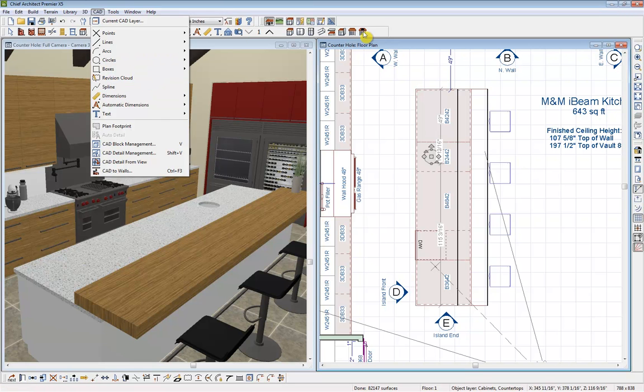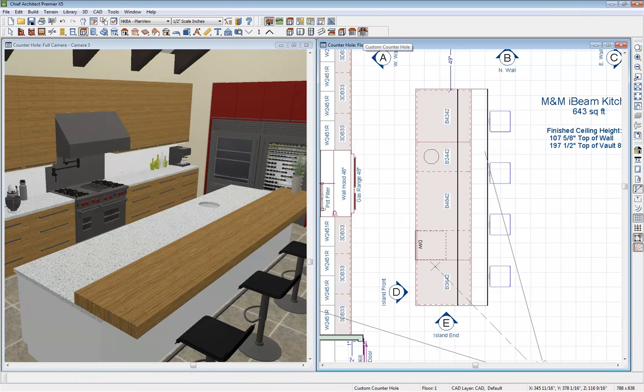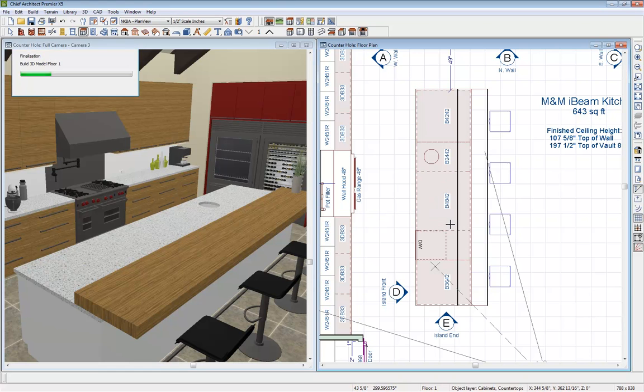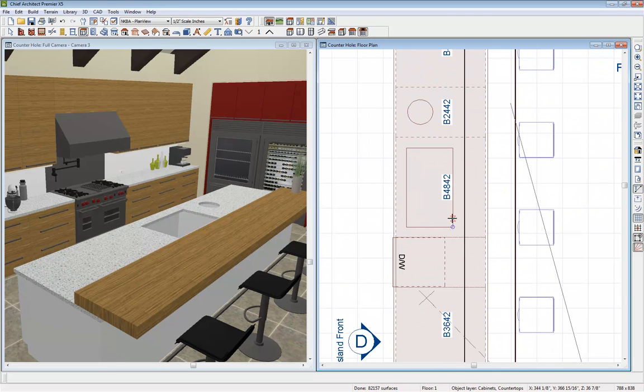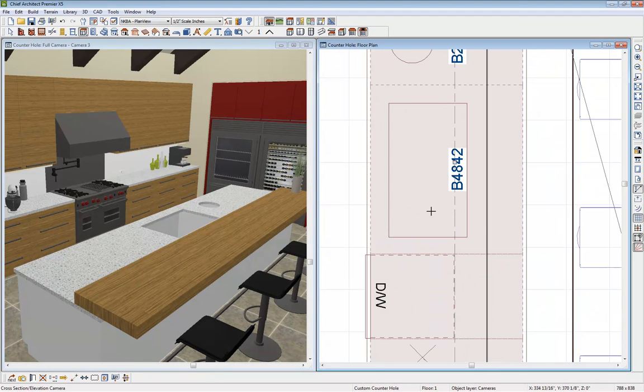Next, I'm going to go over to our cabinet tools and use our custom counter hole option. So this is a rectangle. I'm just going to click and drag out my rectangle, and you'll notice that that cuts it automatically. We don't have to go through any additional steps. And now we're going to modify our countertop here. Let's zoom in,